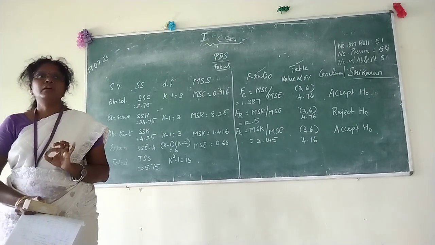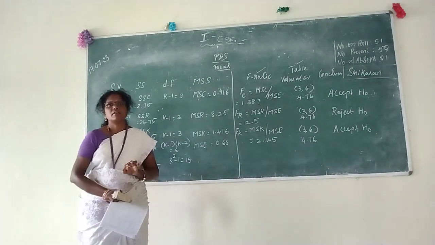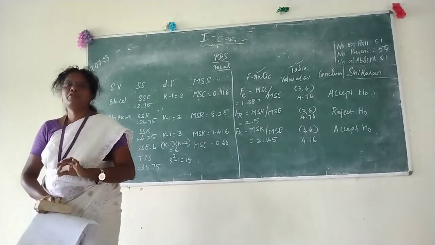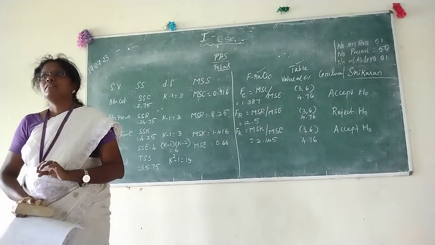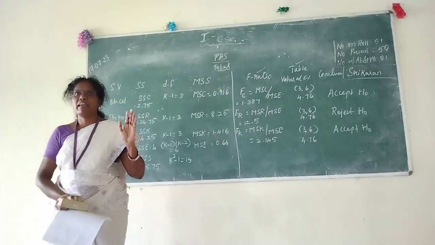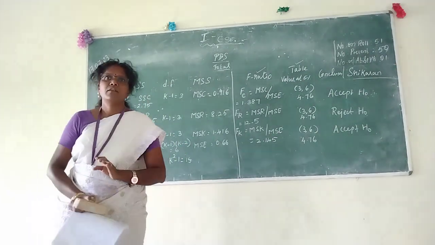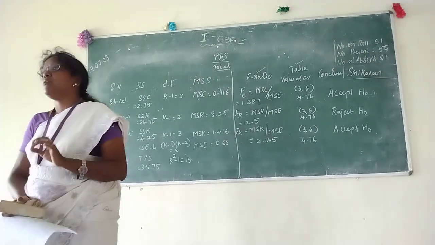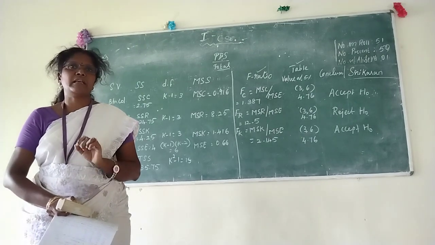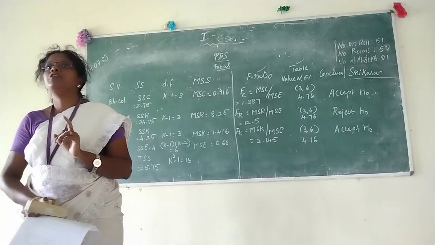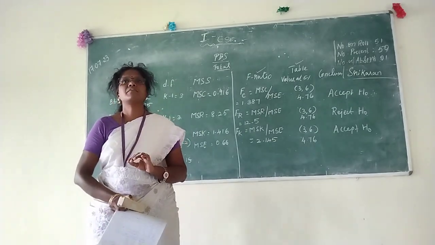In this IIT, everyone should compulsorily get the pass mark. What is your pass mark? 50. 50 is the pass mark. For the e-test and all, we take the border as 30 or 35, but the actual pass mark is 50. So in this IIT I want everyone to get the pass mark. If you practice in such a way, then only you can be sure to be successful in your university exam. Otherwise, at that time you will find it difficult to study.